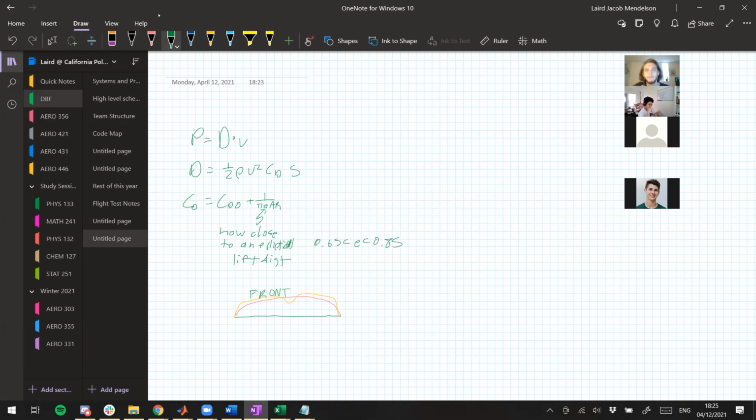We usually just assume a value for that because we can't know it without more rigorous testing. And using AVL, we can get some idea for it, which Jake will talk about in a couple weeks. But yeah, and then this aspect ratio